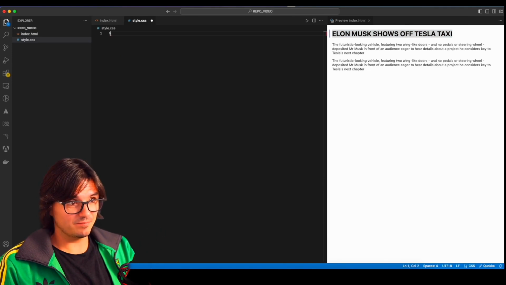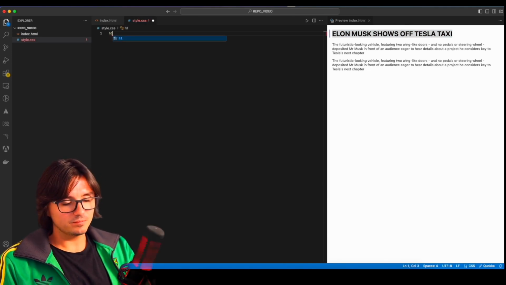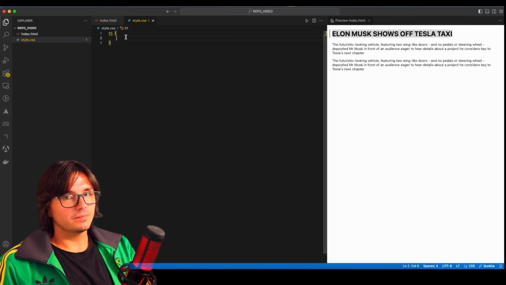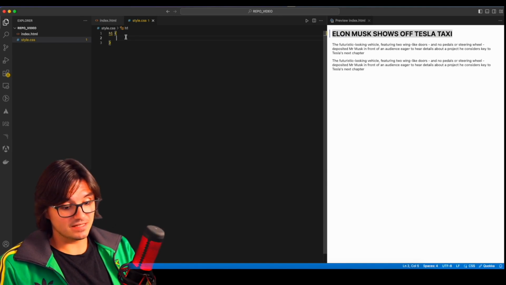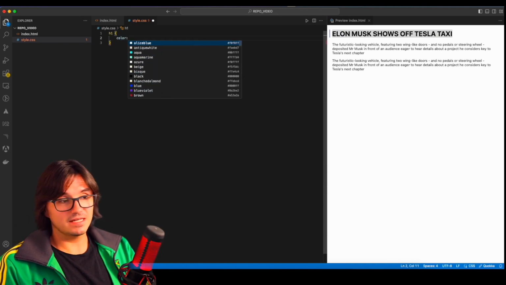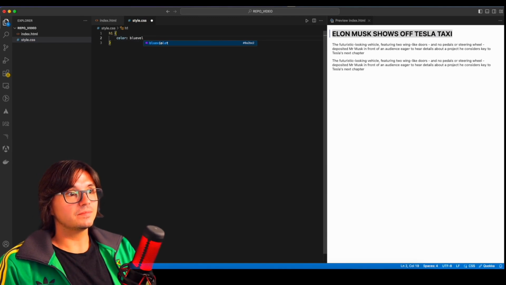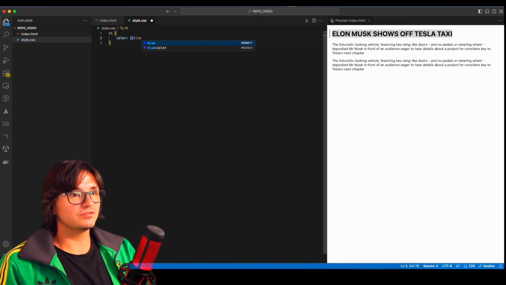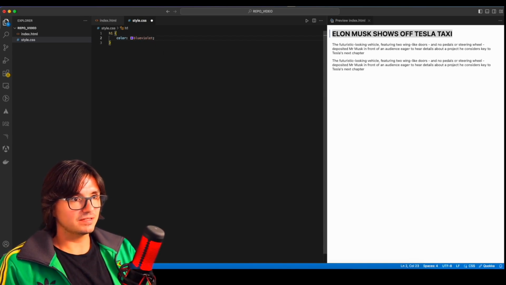I just easily write h1, wrap it, opening brackets, and it's simple to change the text style for me. I need to specify color. Let's say I like blue velvet. Here you write any color. The code editor will even highlight the colors itself, you see, if you press it, as there are colors. Blue velvet, and it's in another hex format here. But we can just write it as text, blue velvet. Don't forget the semicolon.